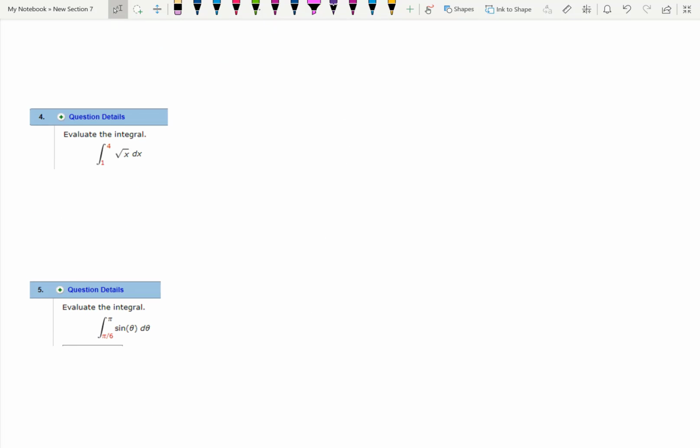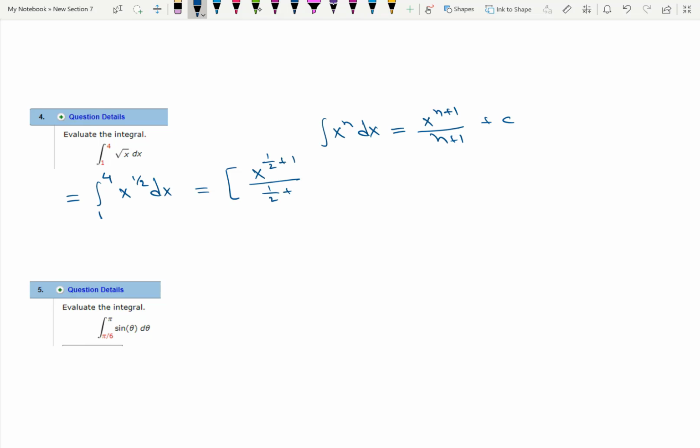Now to integrate this one, we know the integration of x to the power n dx is x to the n plus 1 over n plus 1 plus c. So this one we can rewrite as x to the power 1 half dx. So now n is 1 over 2. So if you integrate, it becomes x to the power 1 over 2 plus 1. Lower limit is 1, upper limit is 4. So x to the power 3 over 2,